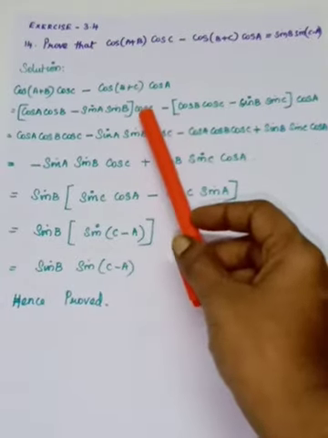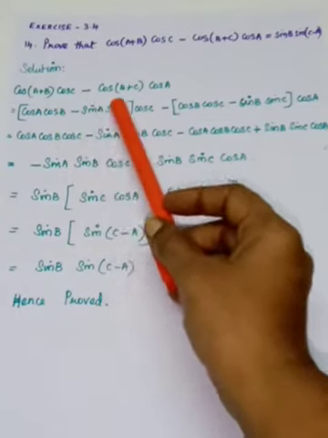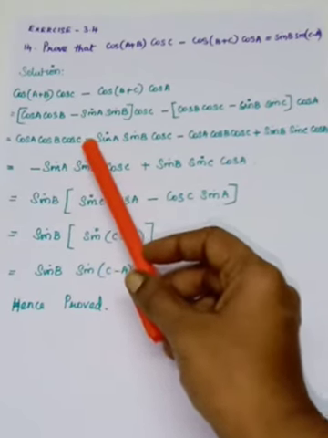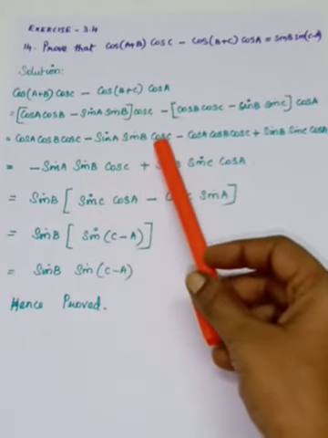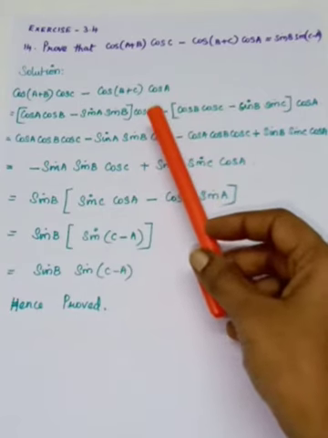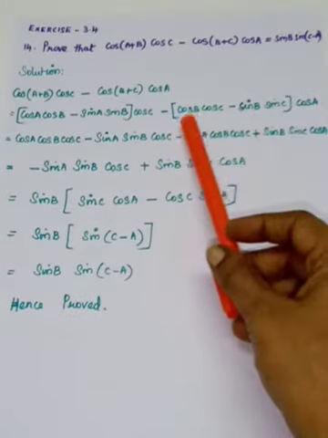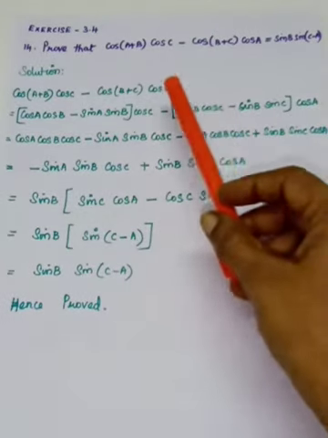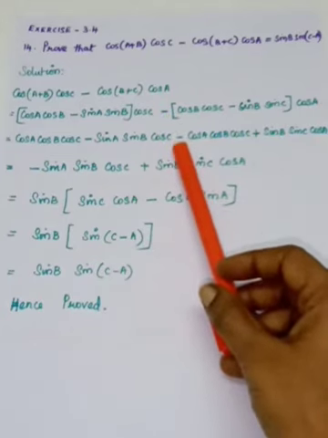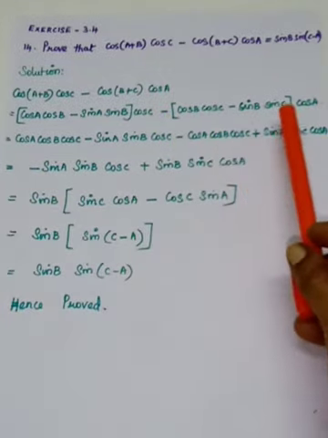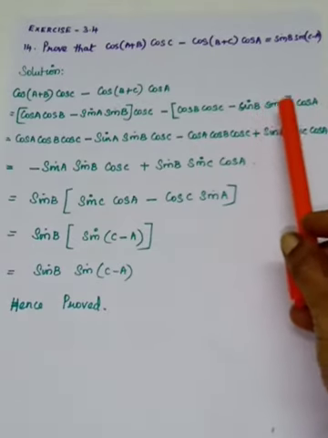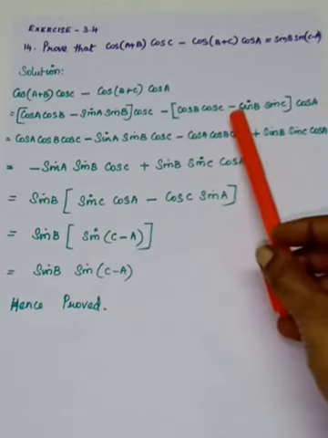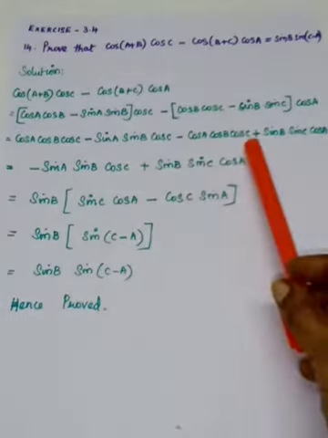Okay, so the cos C has to be multiplied with both the terms. So the first term will become cos A cos B cos C − sin A sin B cos C. And here you are having minus. This minus has to apply to both the terms. So first multiply. This is cos A into cos B cos C. Then you apply the minus in the front. So it will become minus cos A cos B cos C. And if you multiply these two, it is sin B sin C into cos A. Here you are having minus. When it is multiplied with minus, it will become plus.